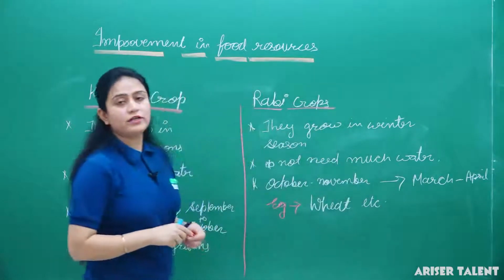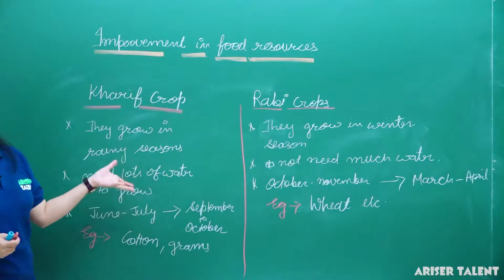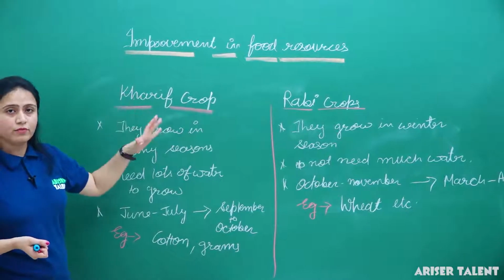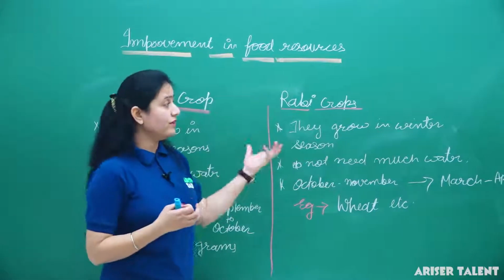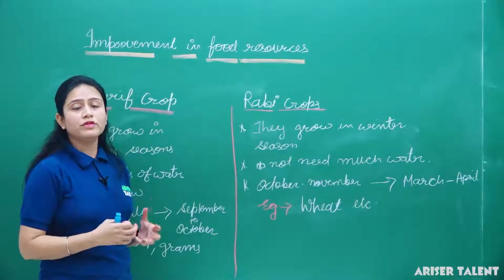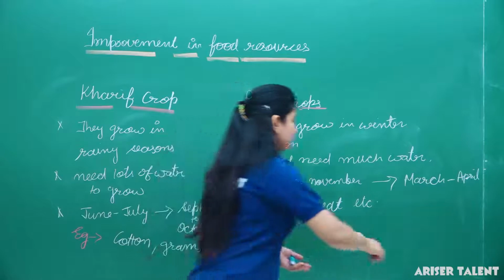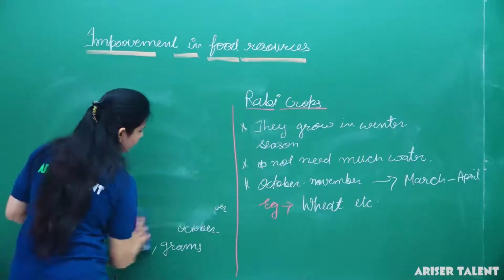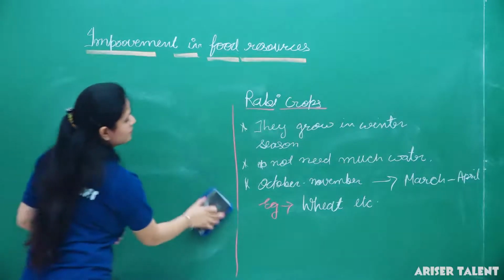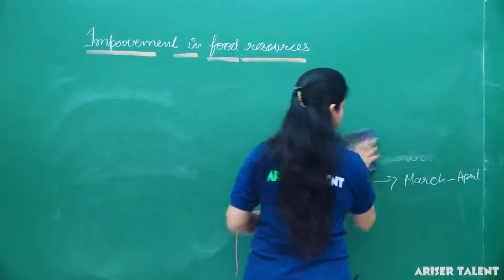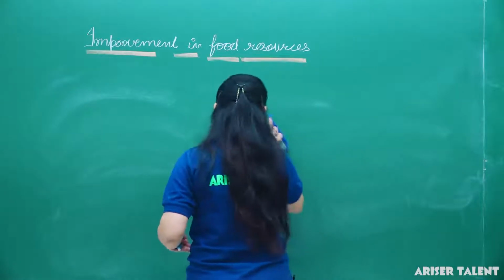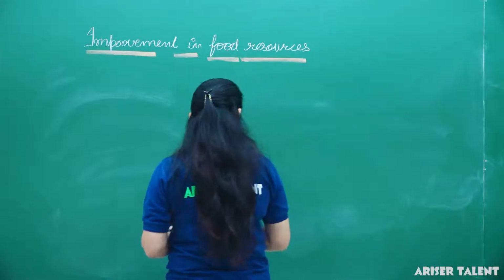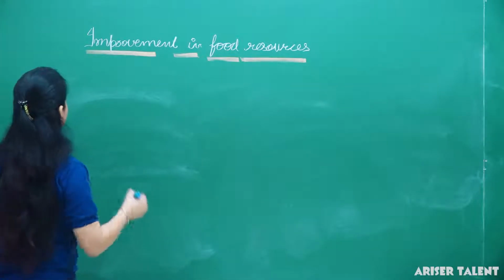Now we will talk about the different types of crops. These were the crops which are generally harvested, and if we want improvement in the food resources, now we will discuss what kind of improvement we want in the crops and how we will get the improvement in the crops. If we talk about the improvement in the crops, then generally it is done by